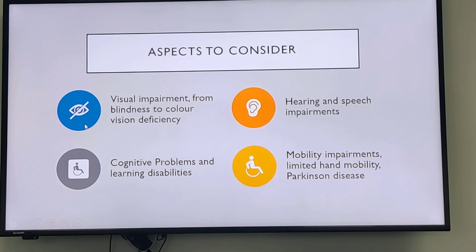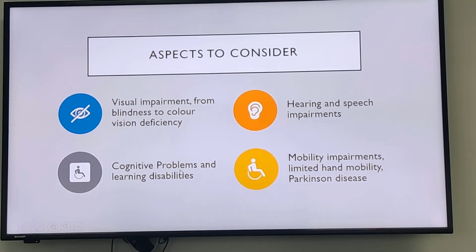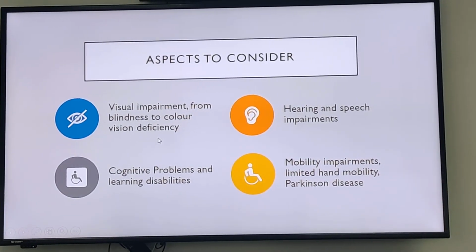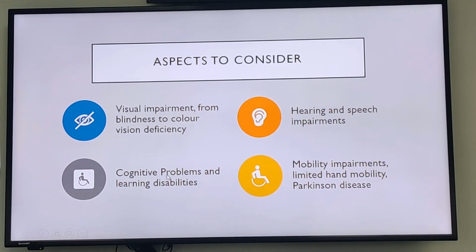So to go into detail, visual impairments are from color blindness to vision deficiency. Hearing and speech impairments, so they could be partially deaf or completely deaf. Cognitive problems